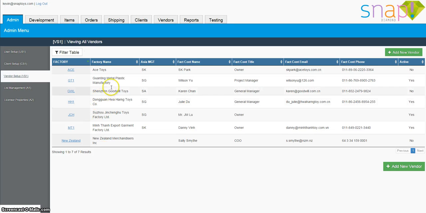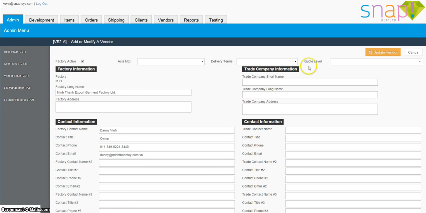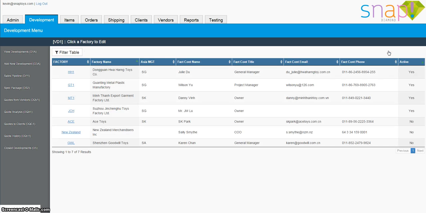System status review, starting with vendors. That was where we started with the design, vendors and client setup. So what I'm noticing here is that when I go in to edit any one of these vendors, I still can't. I can change this quote level to detailed, and the delivery terms to Haiphong, Asian management to Snap KR, update vendor, go back in,